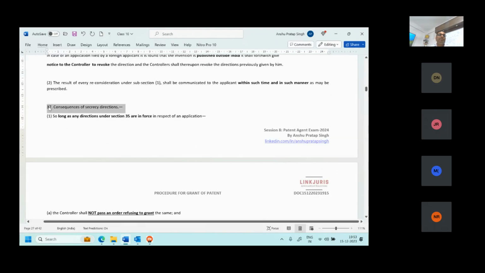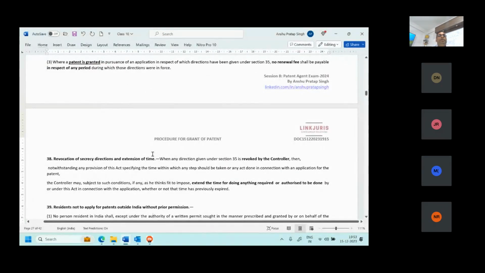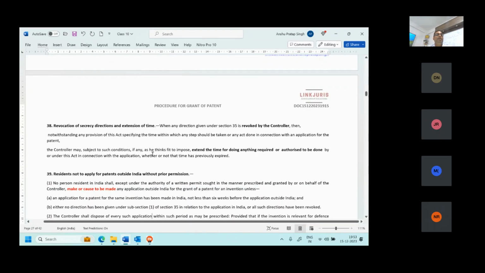Section 37 talks about that. Then 38 talks about whether a secrecy direction can be revoked, or whether there can be an extension of time for doing anything required or authorized to be done under this Act in connection with that application. That is, can the controller extend the time? This is section 38.